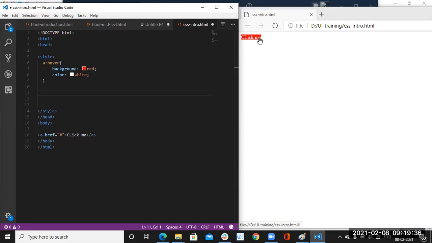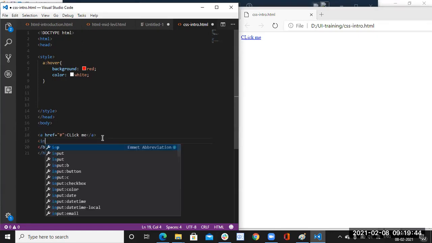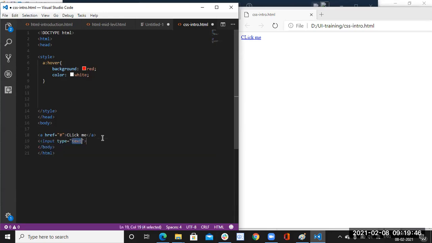Next, in a similar way we can apply it for the buttons also. Input type equal to text, right? Input type equal to button, and the value equal to submit.